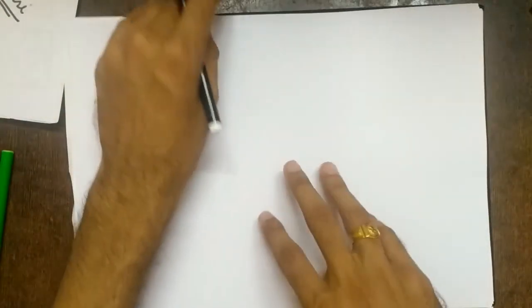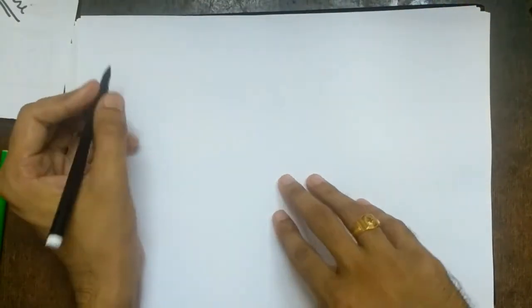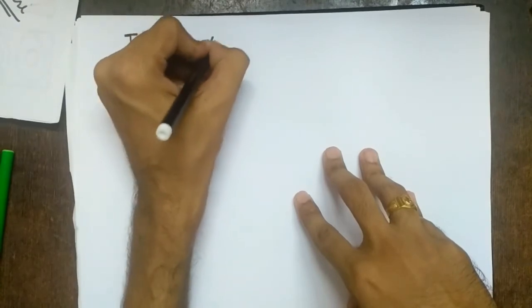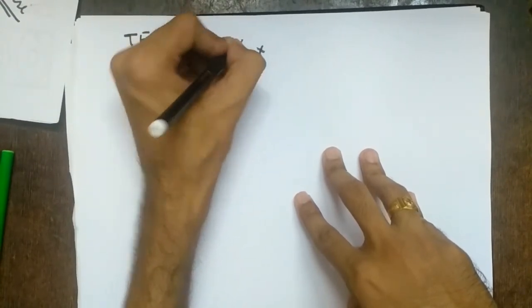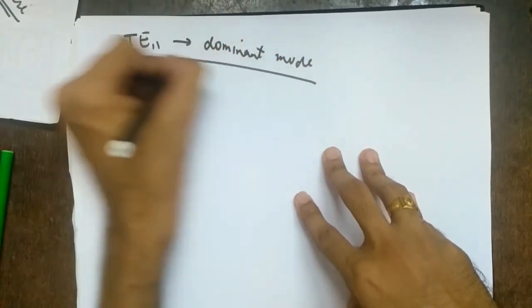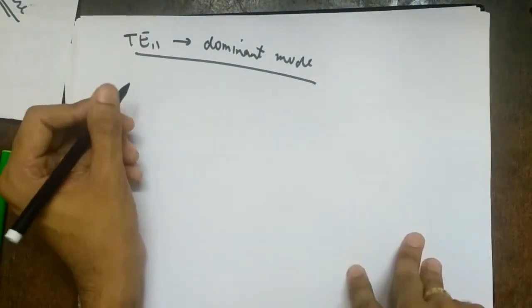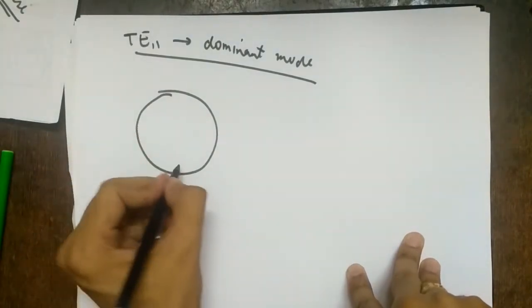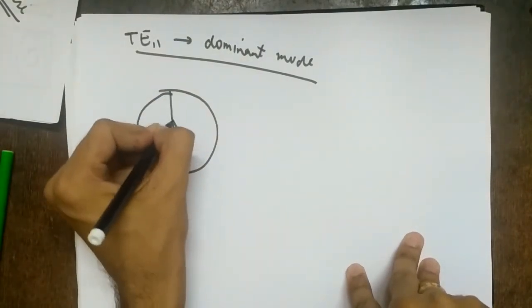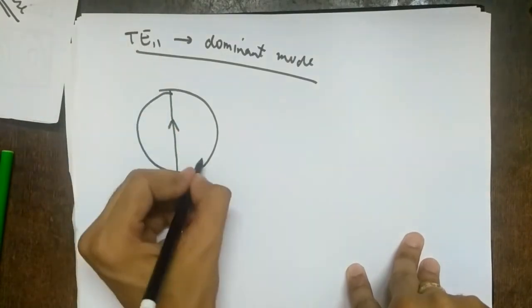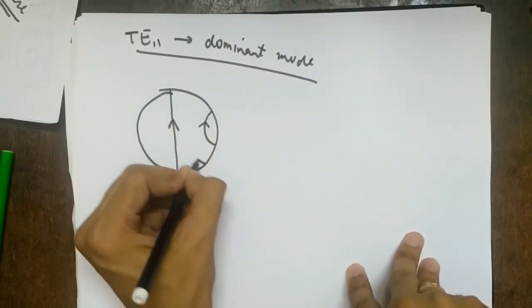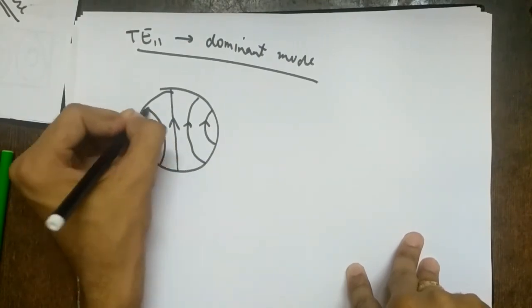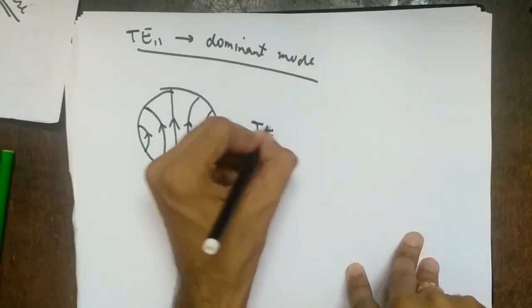Next, we haven't discussed circular waveguides, but we'll just discuss what the modes are. If you study circular waveguides, TE11 is the dominant mode in a circular waveguide. I want to draw the TE11 mode and show how it resembles. First I'll draw and then I'll explain how it looks. This is what is happening. Electric field is transverse, right? So this is called the TE11 mode.